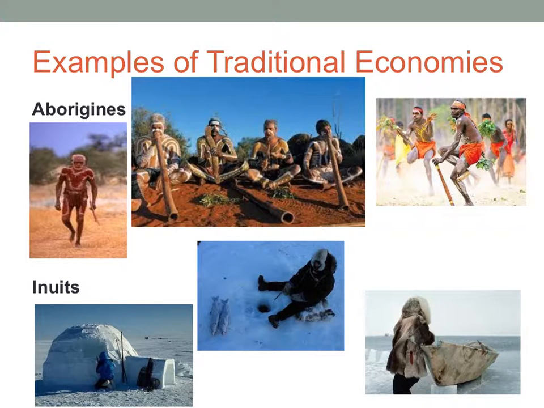So Aborigines and the Inuits are examples of this. You can see these little pictures. Clearly, they don't look very urbanized, right? They look like they're very rural, away from the urbanized core. Remember how we talked about the other day, the percent urban of a country is really important? You remember talking about that from our stat sheet? Okay, these groups of people who are in traditional economic systems are not going to be included in that percent urban, okay? They're in very rural areas. They're kind of isolated, okay?